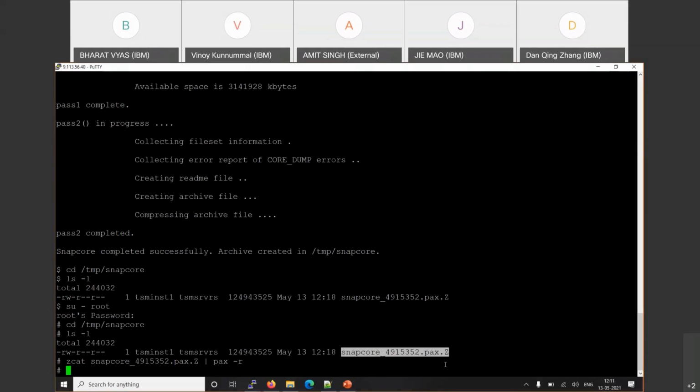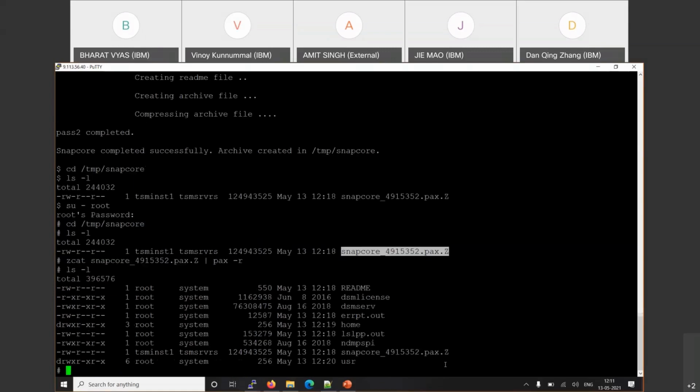From there you can copy these things to the server where you have the dbx utility. Otherwise you can share this pax file with the support team, so they will extract it on their AIX server where they have the dbx utility, and then they can find the cause. As you can see, I have extracted it, and it shows me the dsmserv executable. It will show me the home directory. Why is it showing the home directory?